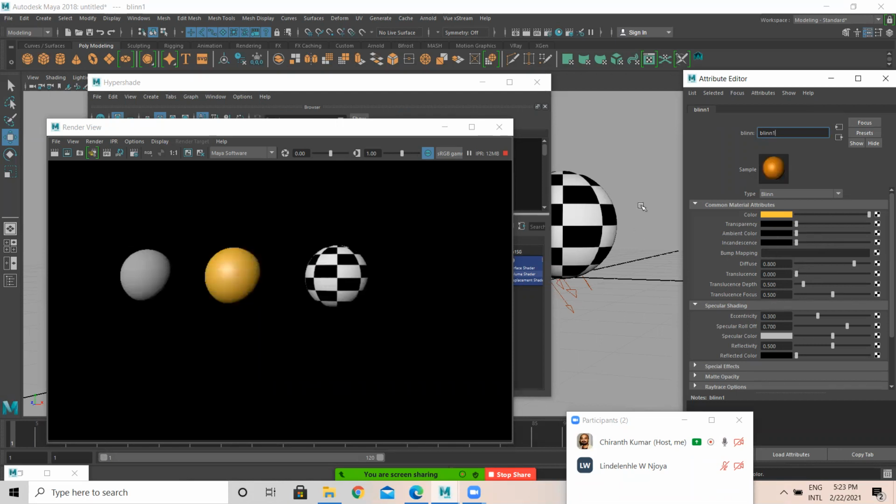Similarly, diffuse is nothing but color, the variations of the color. Translucence is nothing but when the light is traveling, when you turn on the light, when the light travels a distance, it takes the property of the, I can say outer layer also. For example, take a torch, place it just beneath your hand, turn on the torch. What happens? Your hand becomes lighter. Yeah. And what do you, and see?